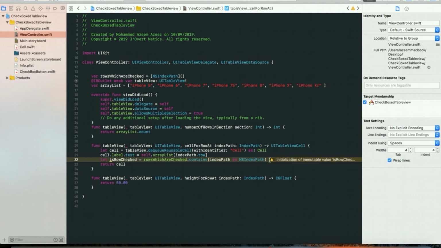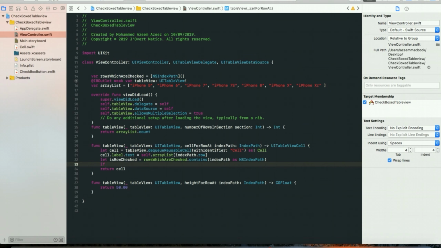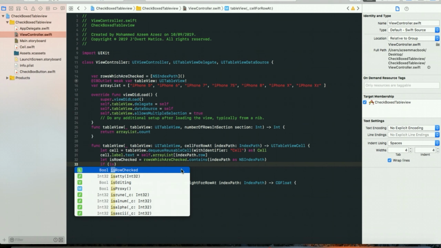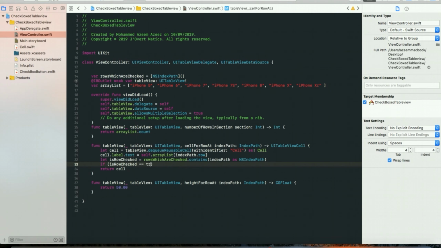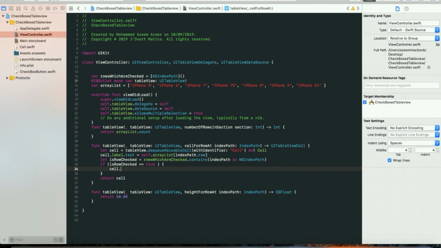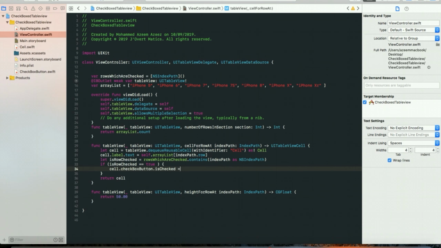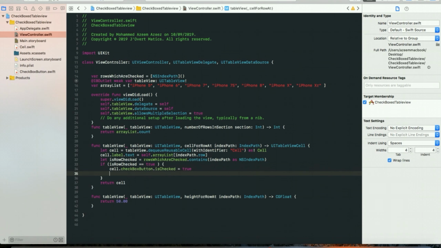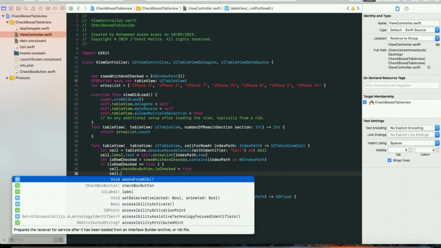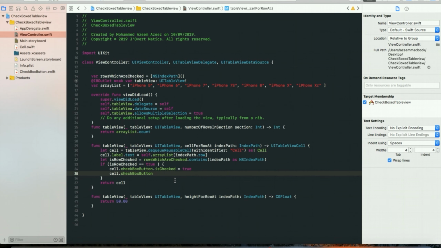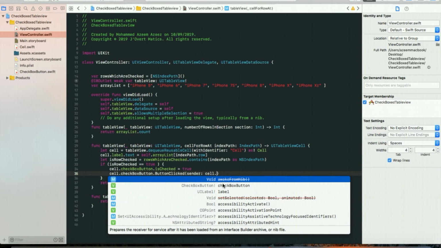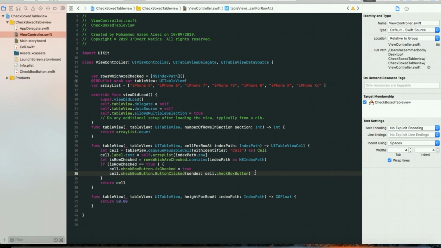Contains index path as index, and let's say if is row checked is equal to true. So in such a case, what is going to happen is cell dot checkbox button dot is checked, let it say true, and cell dot checkbox button dot button click by the sender. Here the sender is cell dot checkbox button itself. Okay, and then